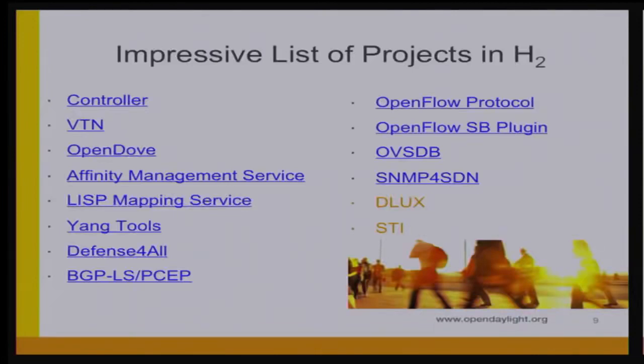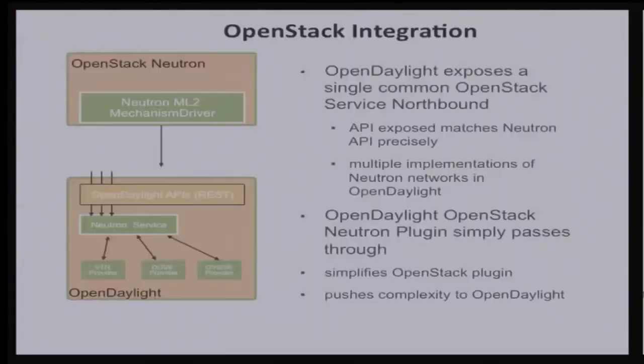These were the projects that were in it. As you can see, there's a whole bunch of different things. I'll just mention right here that for the service provider edition, what was in there were things like BGP-LS and PCEP, because it was thought that, okay, that's traffic engineering, and then a lot of other things. I'll show you how we grouped that together, but that was one of the main things that was in there.